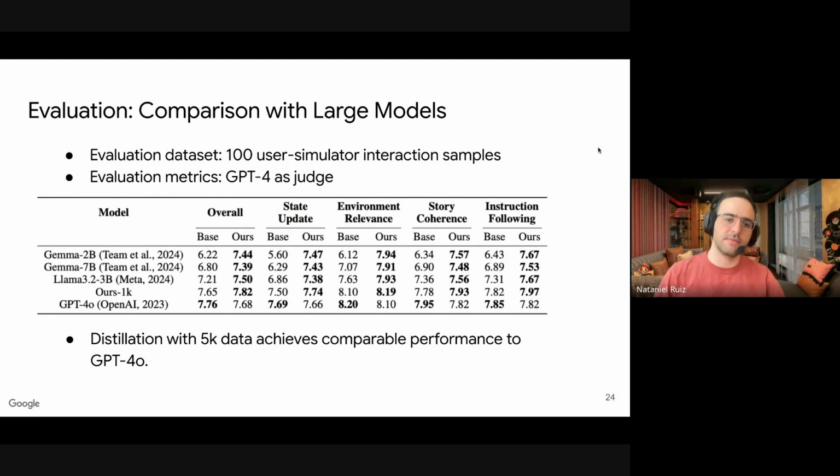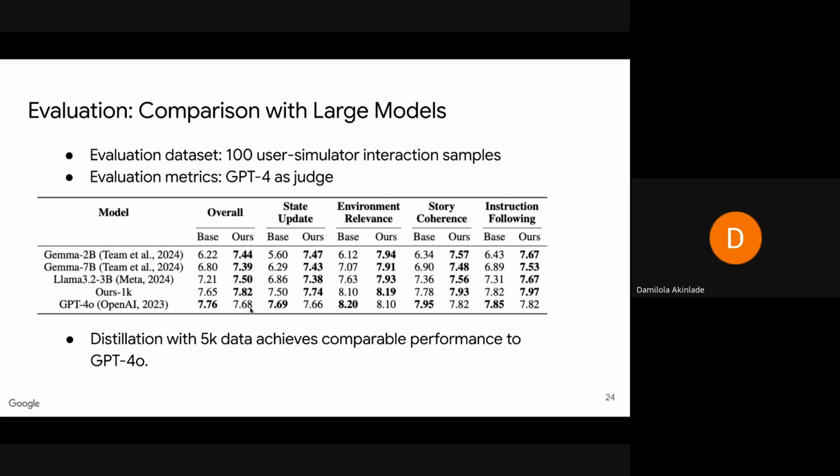Yeah, so let's talk about comparisons with large models. What we did is we take GPT-4o to be the best type of game mechanic simulator, or game engine, and then we evaluate based on that our distilled versions, and we also evaluate the vanilla versions of the small models. We evaluate different things such as state updates, environment relevance, story coherence, and instruction following, and we see that our fine-tuned models are